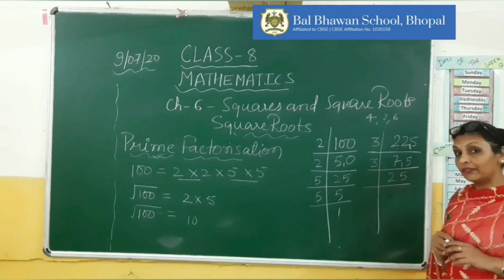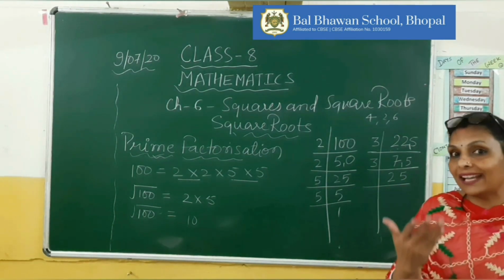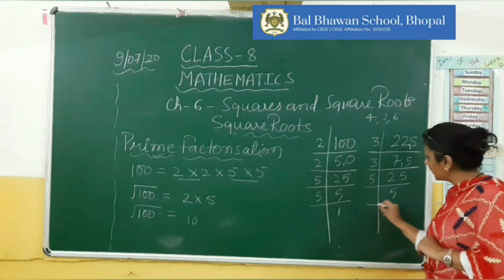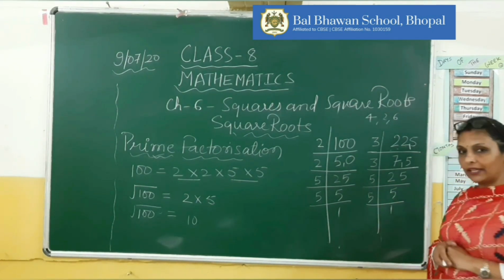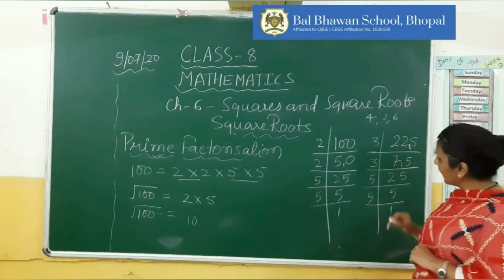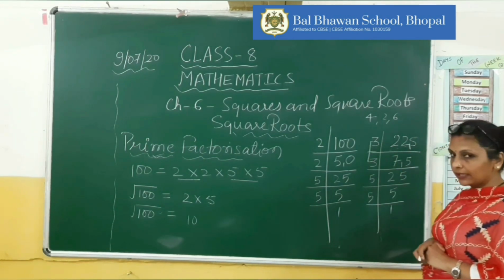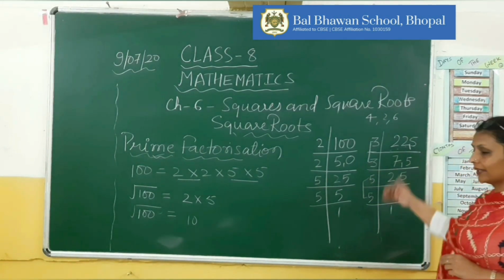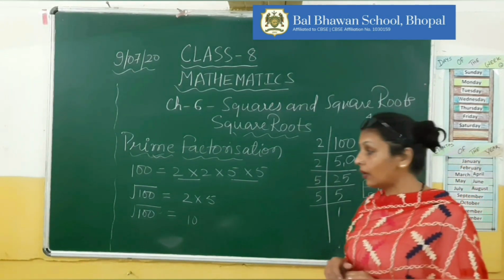So you know 25 will be factorized by 5. So we will write down 5 5s are 25. Then 5 1s are 5. You can observe over here that we got a pair of 3, then we got a pair of 5, right? Means we have 2 pairs, one of 3 and one of 5.